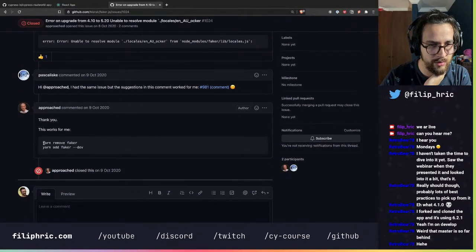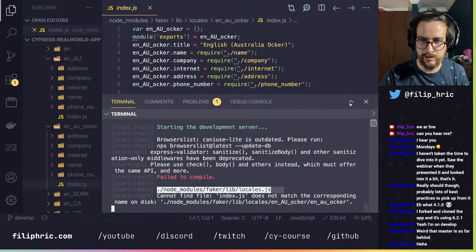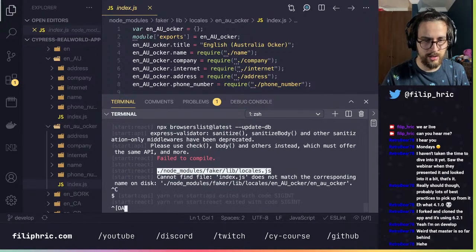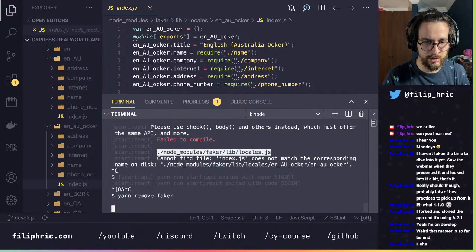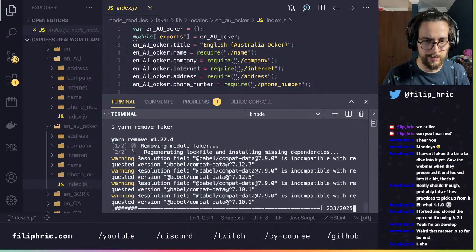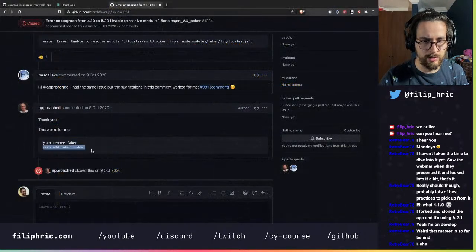This works for you? Yarn remove faker, yarn add faker. Okay, let's try that. I mean, it kind of makes sense that it would work, because obviously the plugin is not working well. So let's see.